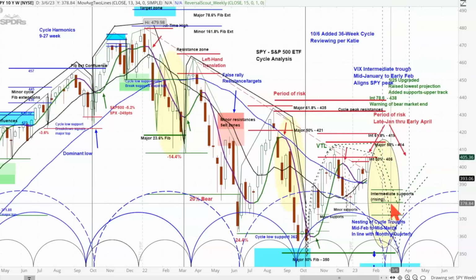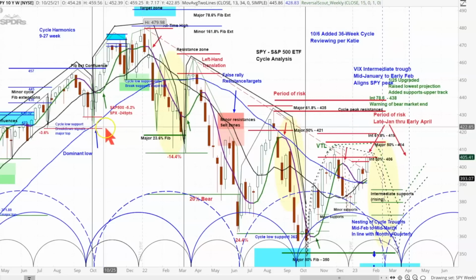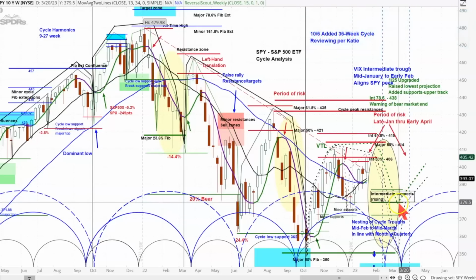But still, the timing is right for it, as you can see. You see where all three of them were coming down right over here as the market was super bullish. You even got a decline there from 454 down to 424. So that was a 30-point decline in the SPY. If you take a 30-point decline from here, if it's a very bullish condition, you're going to get down to about 476. 476 is basically right where we have it projected right over here. That's only a 30-point decline, or 300 points in the S&P 500, setting up one of the best buying opportunities